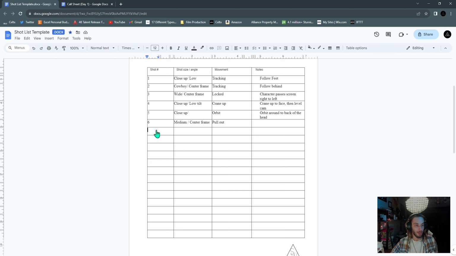And then from there, this is where it gets fun. We are going to do a wide, center frame roll. So our character in the scene